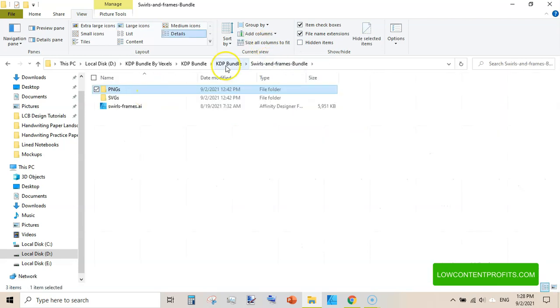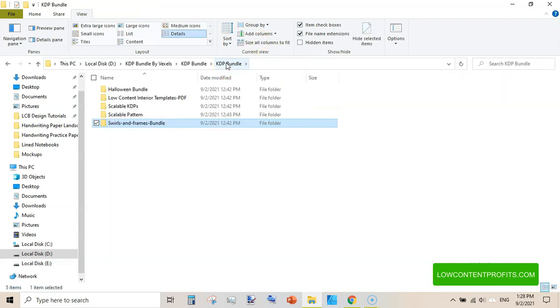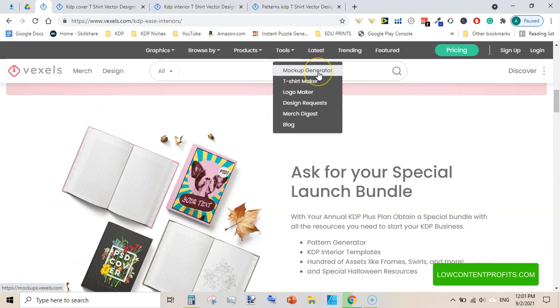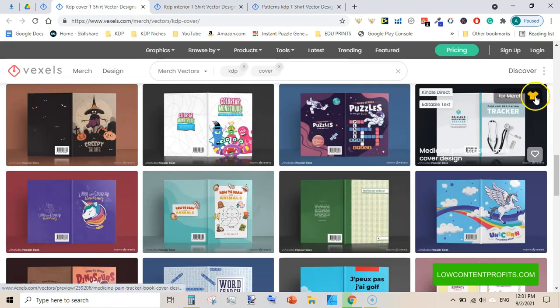So this is a bonus bundle that is only available if you subscribe to the KDP Plus annual plan. You will also have access to tools like mockup generator, t-shirt maker, logo maker. What you will get is here.